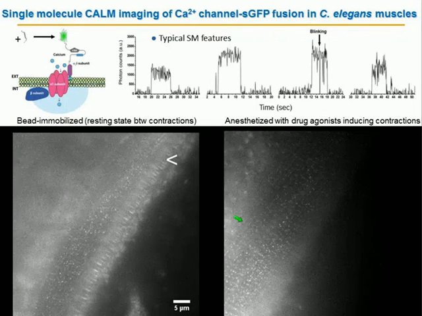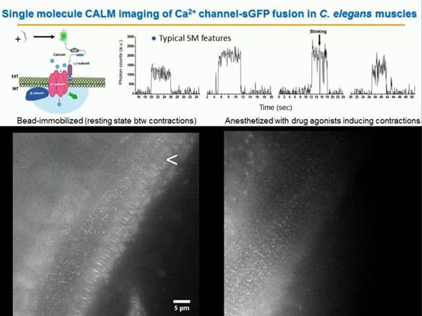What we were more interested in was to apply this to actual disease models, and that's why we focus on this calcium channel, looking at the diffusion at the muscle surface, as well as the neuromuscular junctions of a C. elegans model for muscular dystrophy. In this particular case, we take our SpeedGFP and we fuse it to a piece of the calcium channel called the alpha-2 delta subunit. And similarly, this is a knock-in fusion, and we replace the endogenous calcium channels with this fusion in worms,